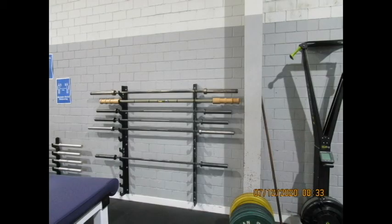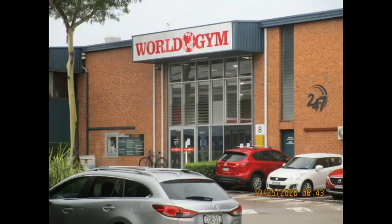But also the different bars that they have. So you've got your Texas Power bars and your bench pressing bars and squatting bars. And they've also got that Earthquake bar, which is the one with the bamboo on the end, which is great for building stability with your bench press. But that might be the end of part 1 of this awesome gym at